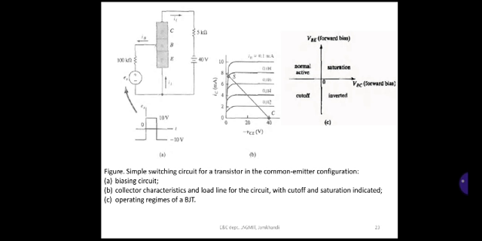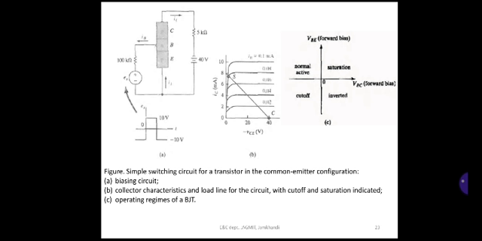With a reasonable value of the base current IB flowing out of the base, the device is in active mode, whereas if the base current is 0 or negative, then point C is reached. Observe the load line characteristics: point C is on the x-axis, at the bottom end of the load line, and here the collector current is negligible, ideally zero. This is the off state of the transistor.